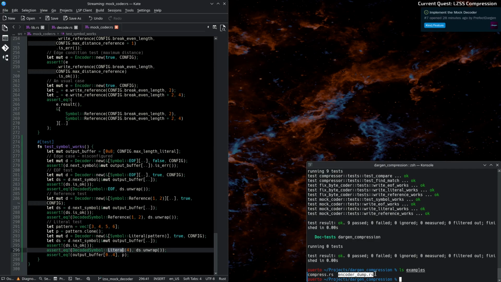And I don't want to use the encoder dump because I actually want to be able to debug with this one. So we're going to create a new example, which is